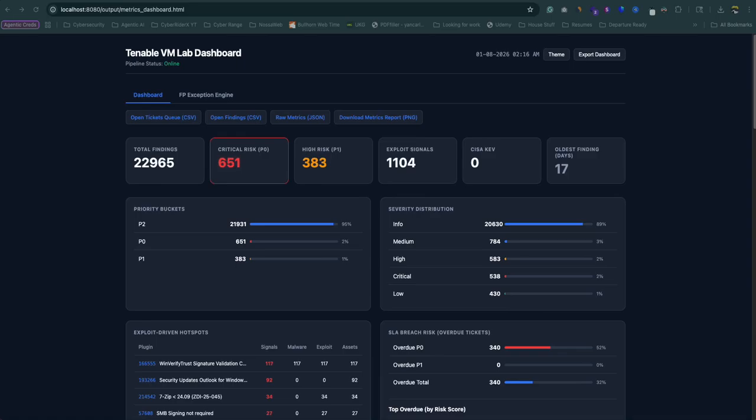So I added a new feature to the vulnerability pipeline dashboard called the false positive exception engine. If you haven't seen the video for the vulnerability pipeline dashboard, make sure to check it out. This new engine sits on top of the pipeline dashboard, and its job is really simple. It helps decide what actually needs attention, what needs review, and what can safely be ignored or handled as an